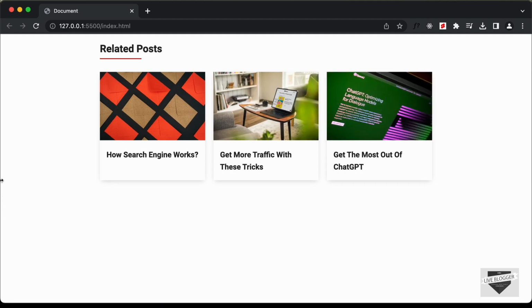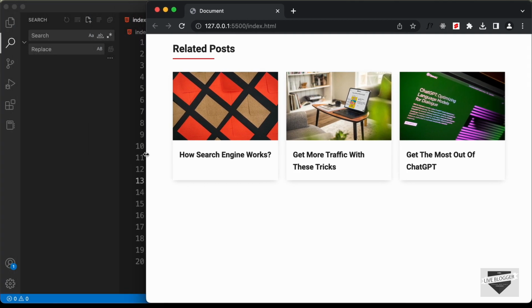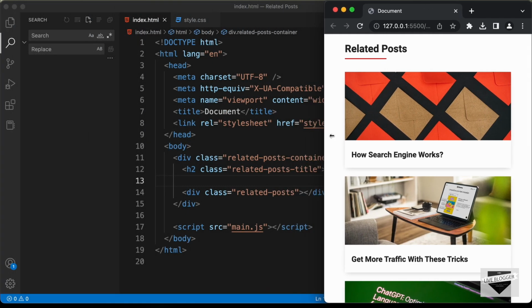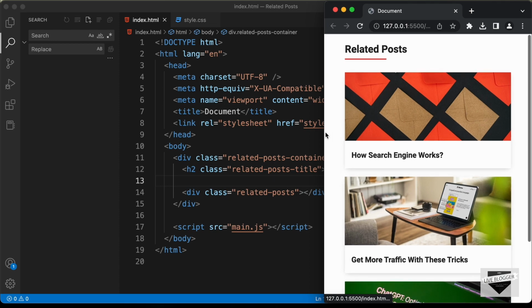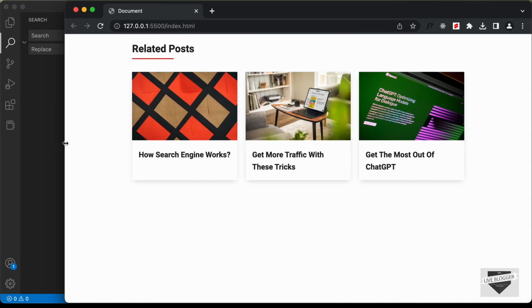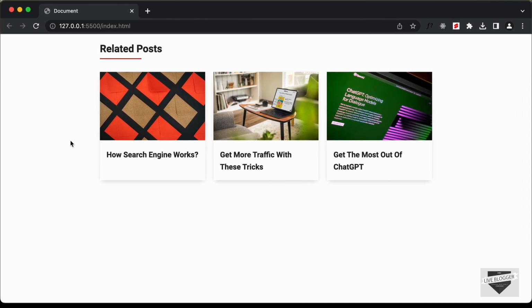And this is also completely responsive, so if I decrease the width of the browser window, this is how it will look on a smartphone. So we're going to design this in this video, and in the end I'll also show you how to add